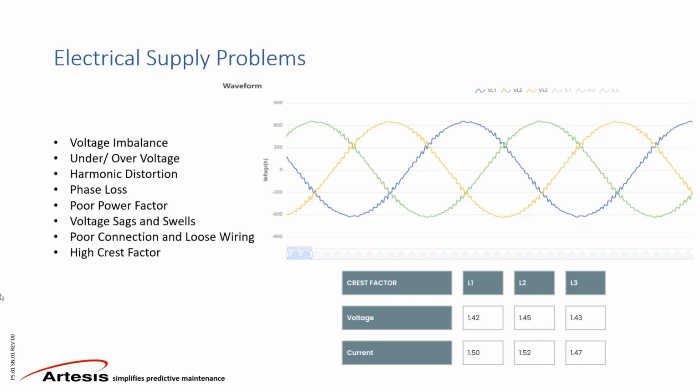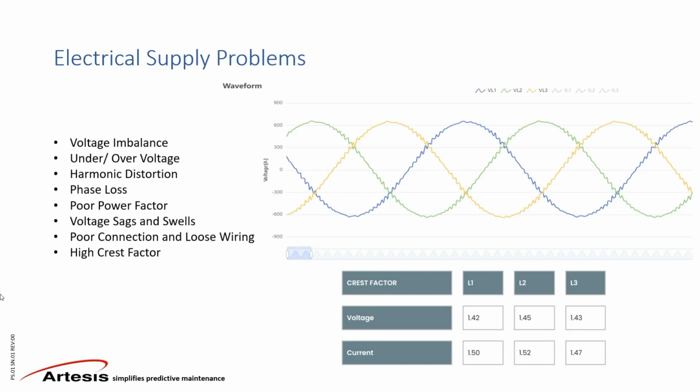So we have looked into, again, a couple of mechanical faults that can have significant effect on the energy efficiency of the rotating assets and full system. Other problems would be electrical supply problems or power quality or power supply issues. And so we need to also monitor voltage imbalance or over voltage situations, harmonic distortions, phase losses, poor power factor,